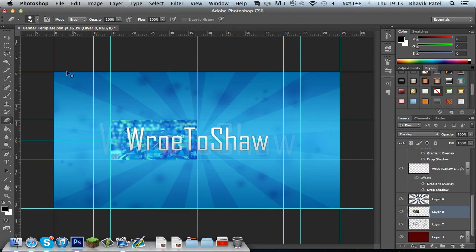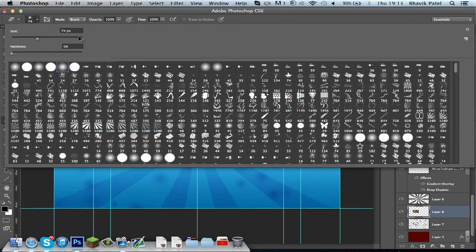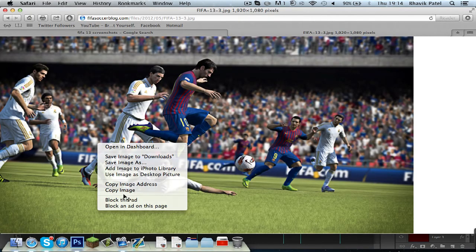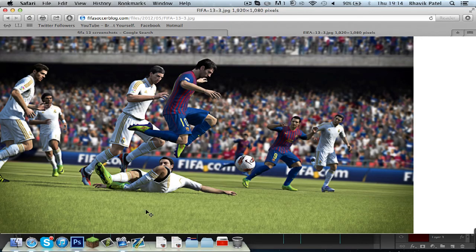And now I'm just going to use the brush to fade it away, as you can see. Actually, I don't quite like that. Okay, there you go, that's one, and we're just going to do one more, and then we can wrap this up